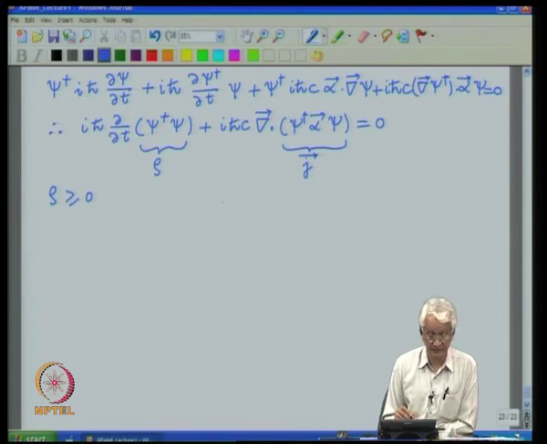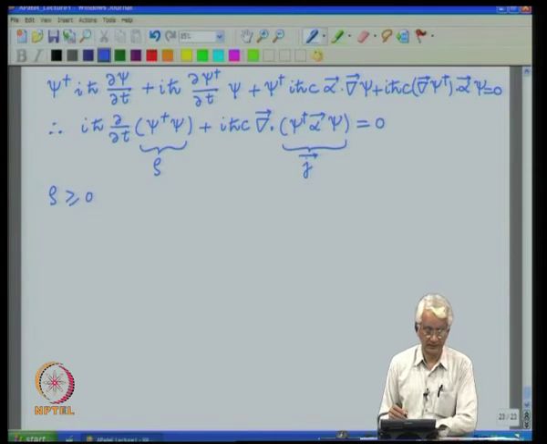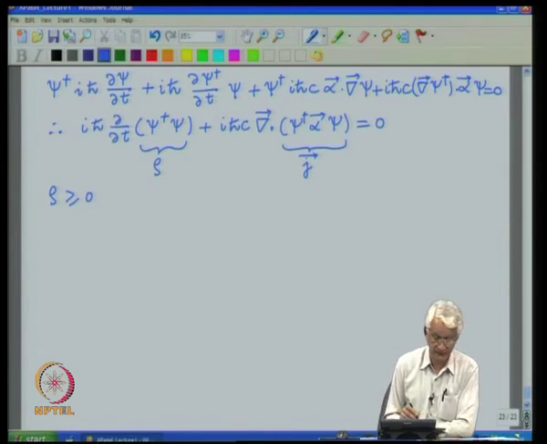It is no longer a single complex number, and that nature has the peculiarity which ultimately Dirac had to resolve in terms of its new name, which nowadays is called the hole theory or antiparticle interpretation. But in terms of this continuity equation, rho is positive definite, but the current now looks very different.